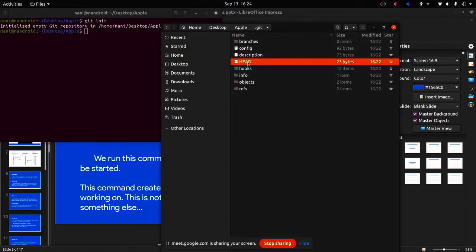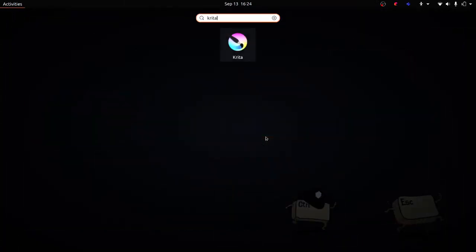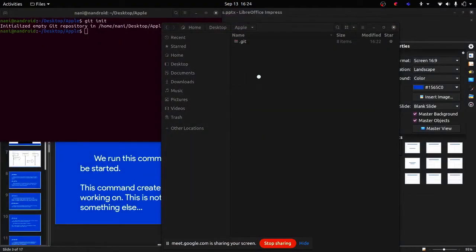This is one of the most important files, because there are no files here and I have created a Git repository. So what happens is the head will be this empty folder, and each file I update will be added as a node. Let me open MS Paint.